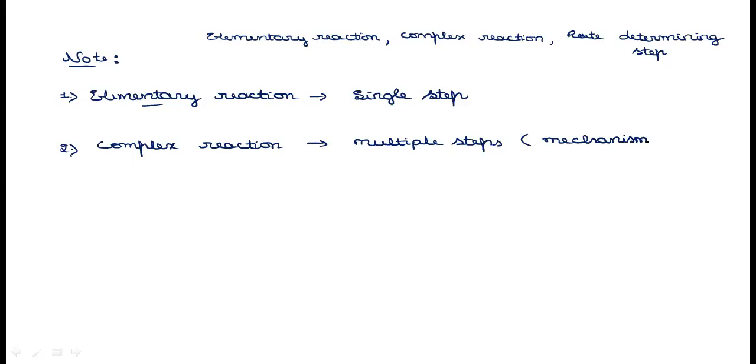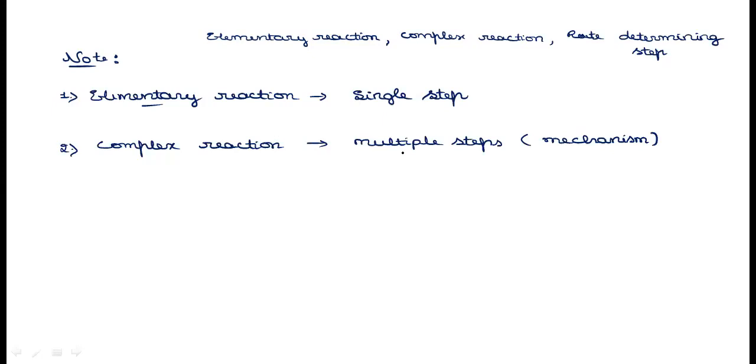Now you can just recall one mechanism. There, tertiary butyl bromide is going to give tertiary butyl alcohol, but that is the overall reaction. If we consider it in detail, that reaction takes place in two steps. First, generation of a carbocation takes place, then the attack on the carbocation by a nucleophile, that is OH minus, takes place to give the product. There, carbocation generation is the slowest step, whereas the attack of the nucleophile is the fastest step.